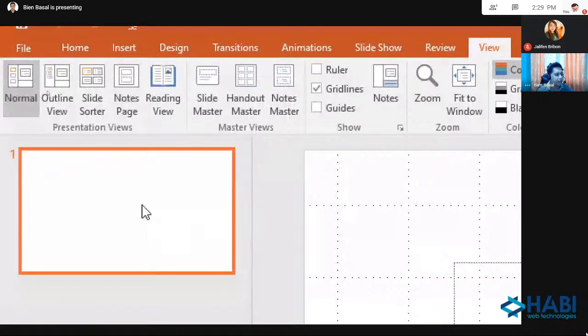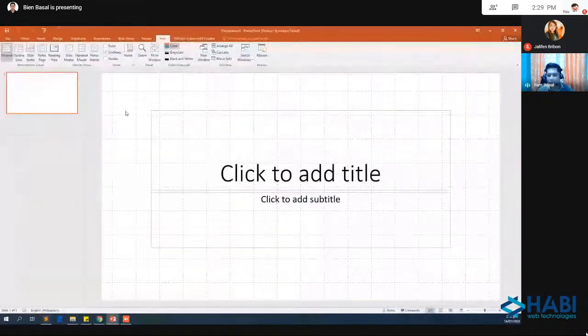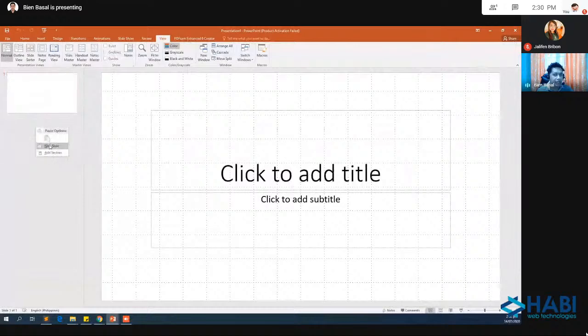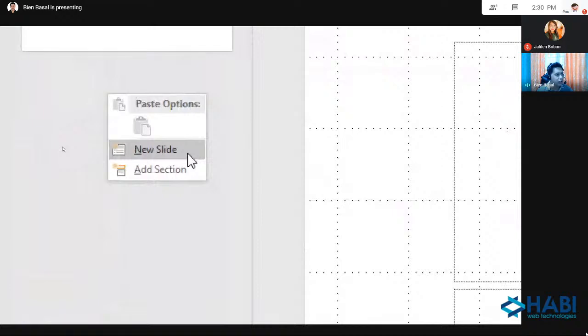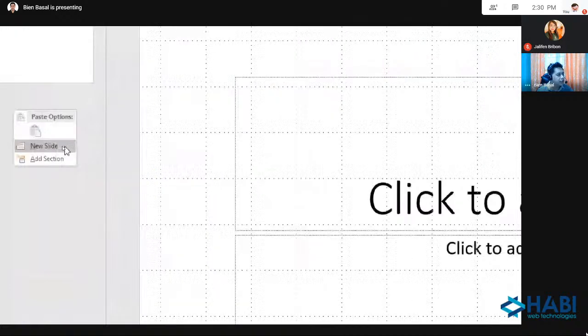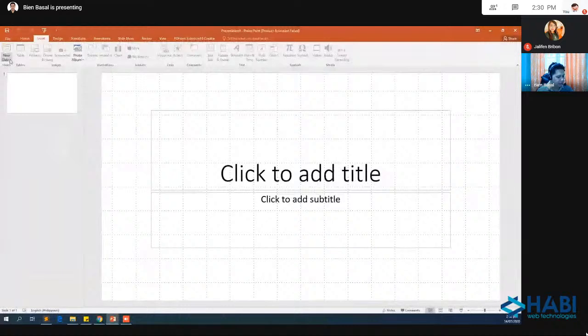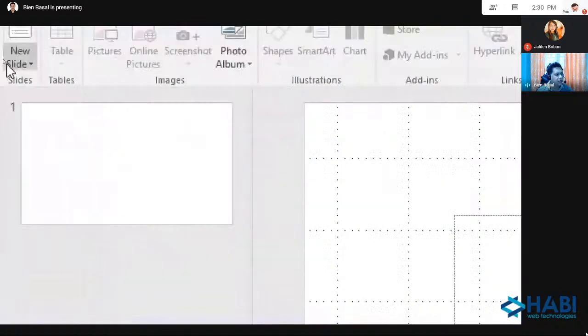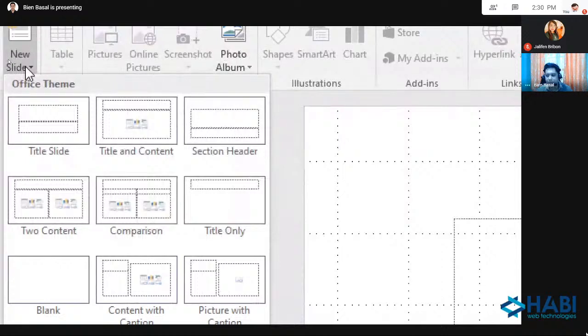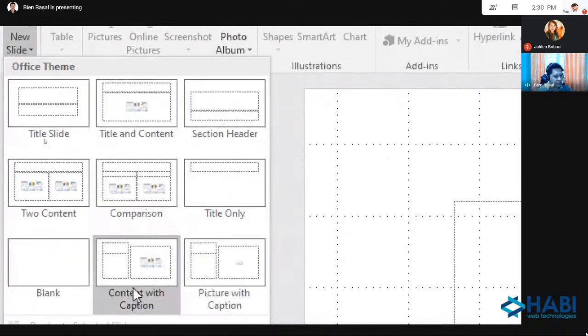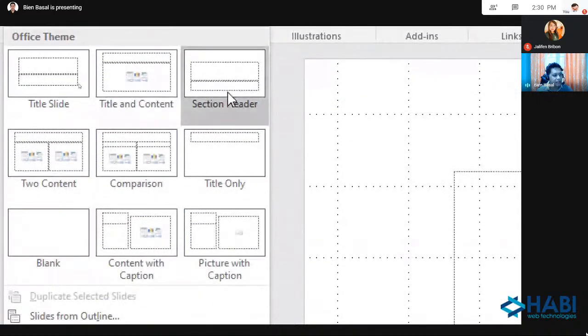Normal. Okay. If you want to add slide, review lang po ito. Right-click lang po tayo dito and you can select new slide. Okay, just right-click dito, new slide, or go to insert new slide, sa upper left. So same lang po yan. And if you add slide, we have different slide layouts po. Meron tayong title and content, section header, comparison, two content. So, later may explore po natin yan. Okay?